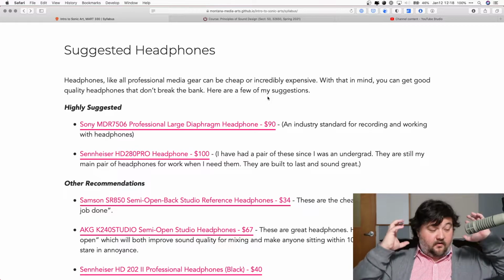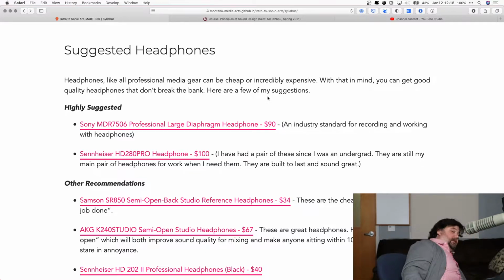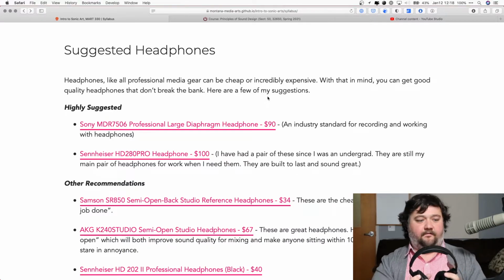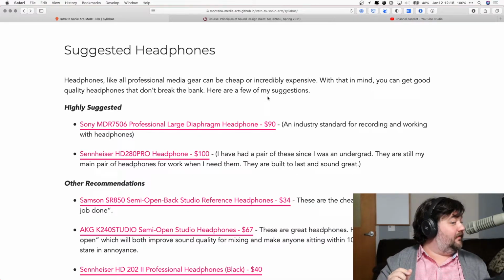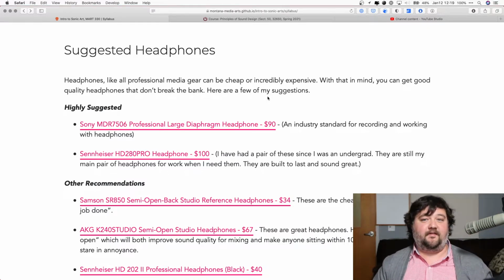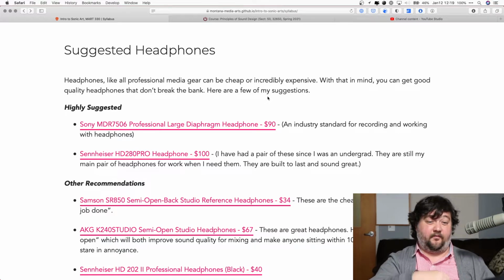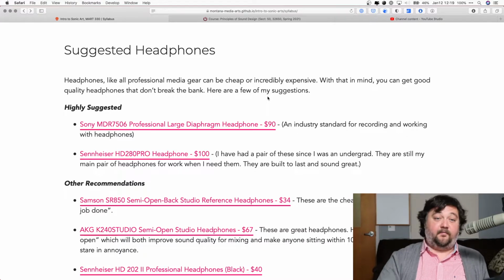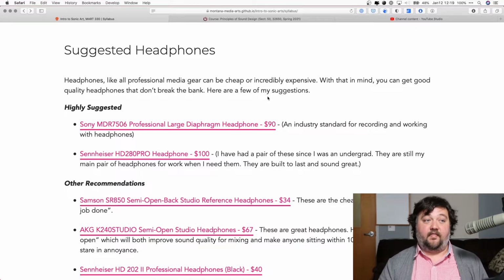Likewise, I want these to be actually over-the-ear headphones. I've got an example right here. Over-the-ear headphones are the kind that literally go over your ears. And the reason for that is that these are more natural sounding headphones, typically higher quality. Earbuds or the kinds that sit in your ear canal are great for many purposes again, and I'm not saying that those are not good headphones. The Apple AirPods, for example, serve a really important purpose, are easy to move around with, can be useful for working out, and have their purpose. But they do not create the kind of audio quality that we're looking for in this class. So I want you to get a decent pair of over-the-ear headphones.